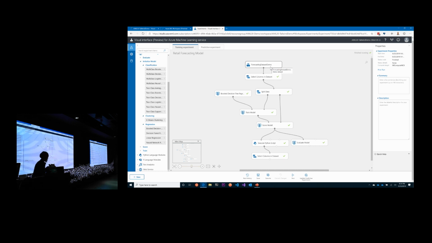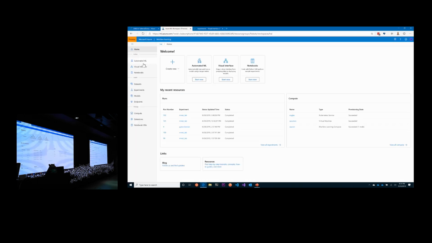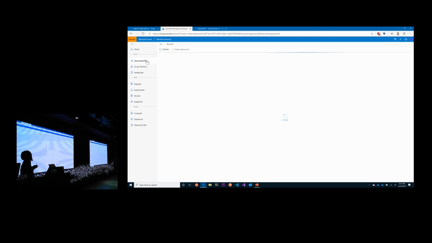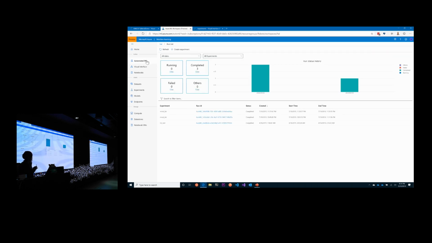Can you also do automatic machine learning? Auto machine learning? No, you would probably want to use the one that she showed. So this one is visual interface, that one's AutoML. They're both graphical, or I guess I would kind of say no code, even though you can use code in visual interface. But they're both kind of graphical UIs to build models. Yeah, so that's one way of doing it.